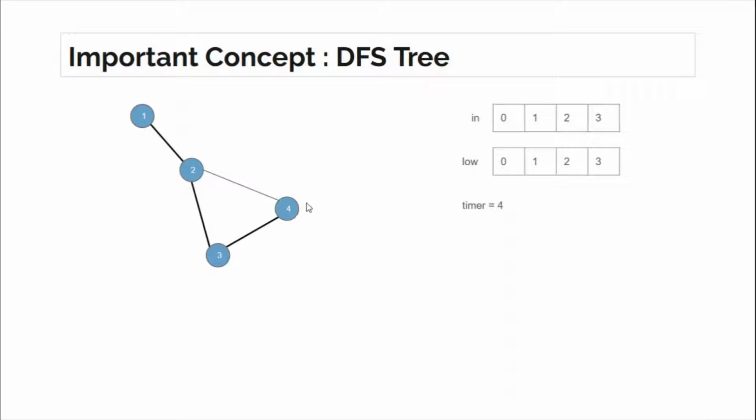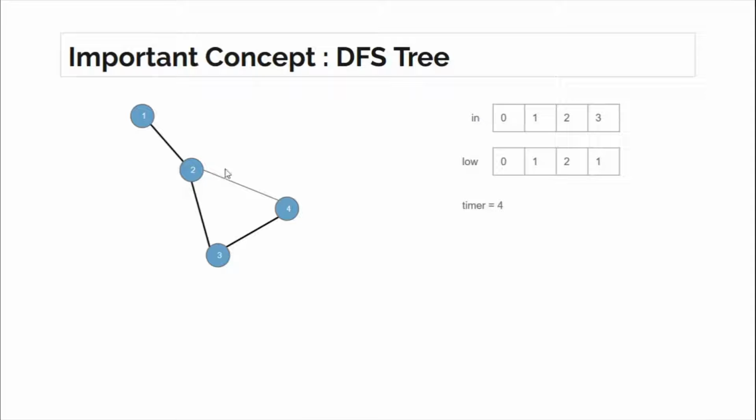A back edge indicates node 4 is connected to its ancestor, and hence the low time of node 4 would change. Low time of node 4 would change to the minimum of low time of 4 or in time of node 2. In time of node 2 is 1, so low time of 4 would change to 1, which indicates that node 4 is directly connected to an ancestor who entered at time 1, and the node which entered at time